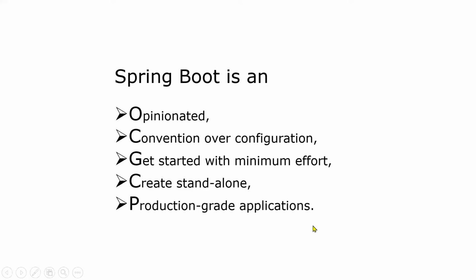and production grade application. Production grade means whenever an application goes to production, we would require some kind of tool where we can monitor the metrics, right? Suppose at runtime, if I want to get a heap dump, or a thread dump, or we want to know how much memory is used, how many connections are used, how many threads are used, or at runtime, if you want to do some graceful shutdown, right? We would require some tool, right? So Spring Boot comes with a tool called Actuator, right? That Actuator makes Spring Boot a production grade application.